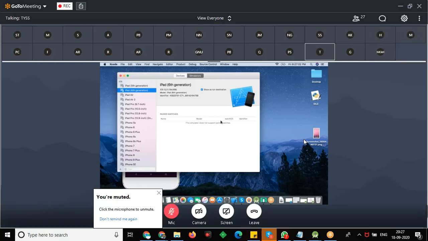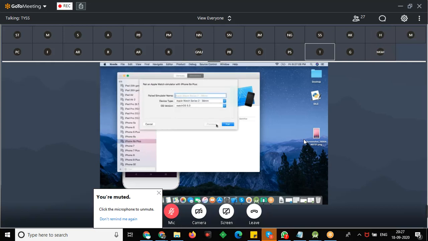So it's not coming here, but you will get a plus mark like this. So when you click on that one, you can start using it.